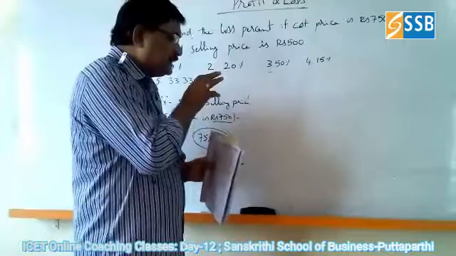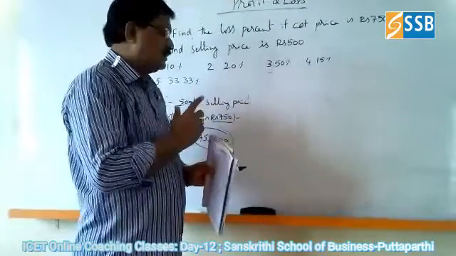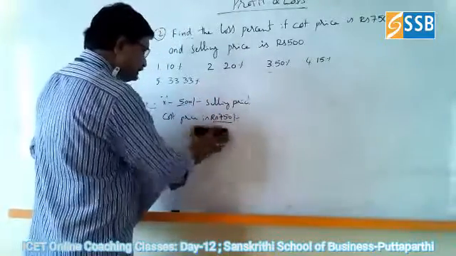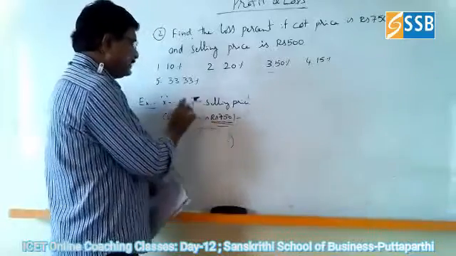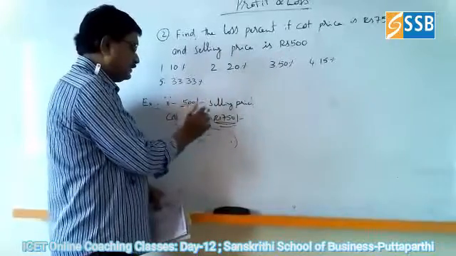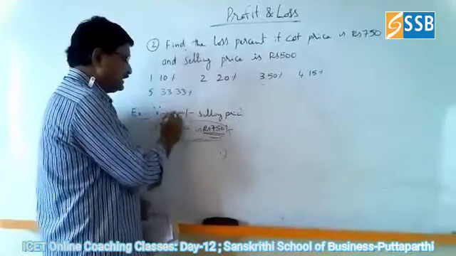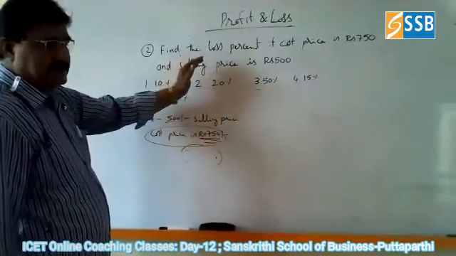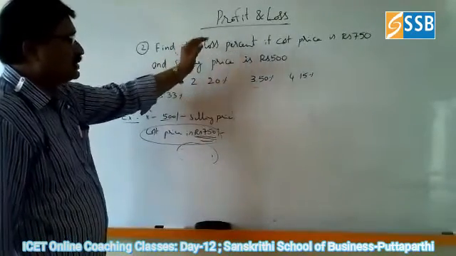So in that competition, if we want to survive in the market without profit, what do we have to do? Like this. Simply speaking, our cost price may be 750 and selling price may be 500. Sometimes it happens. Means manufacturing cost is 750, selling price is 500. At that time, what is the loss? How much percentage of loss goes to the manufacturer?